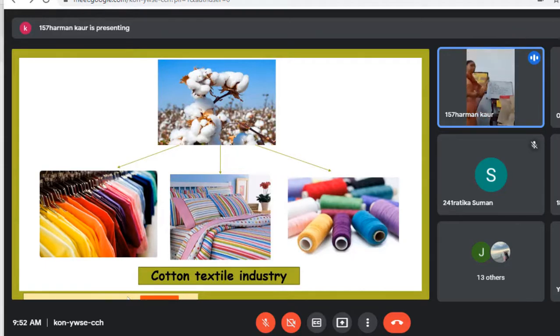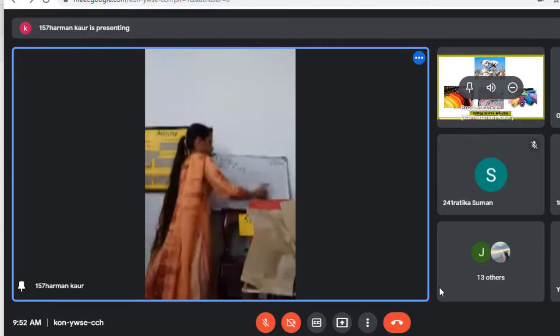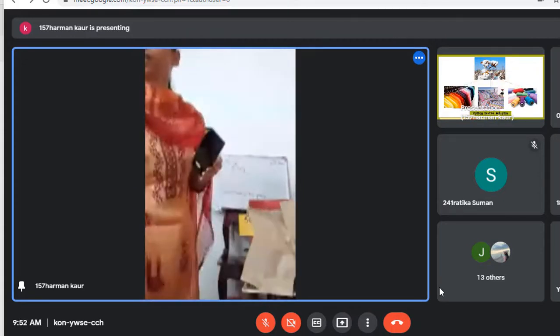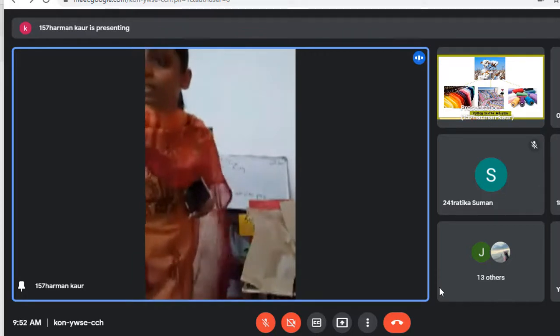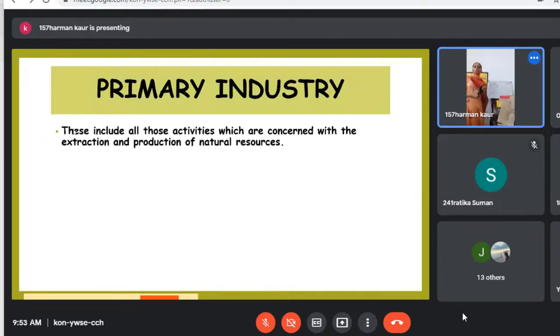Now, the industry is classified into three main categories, and the first one is primary industries. Primary industries are those industries which include all those activities which are concerned with extraction and production of natural resources